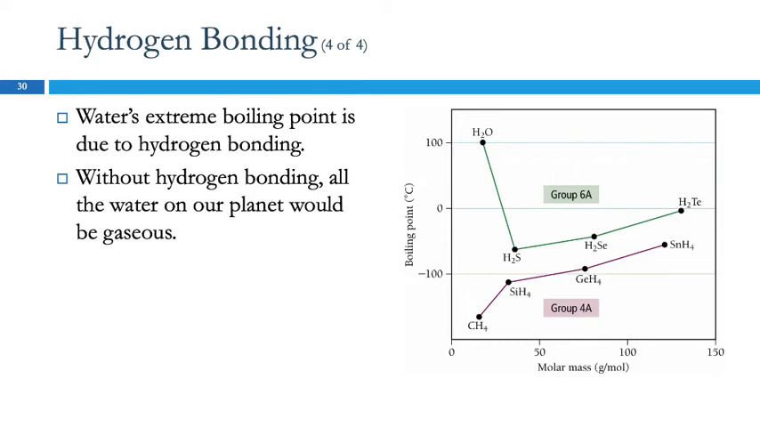The hydrogen bonding in water makes it a very unusual compound. This graph is showing us the boiling point versus molar mass for some hydrides. So these are the compounds, hydrogen with oxygen, sulfur, selenium, and tellurium. So these guys are in group 6A. These guys are in group 4A, carbon, silicon, germanium, and tin. And there's a bit of a trend here. I don't know why I'm stuck on orange today, but